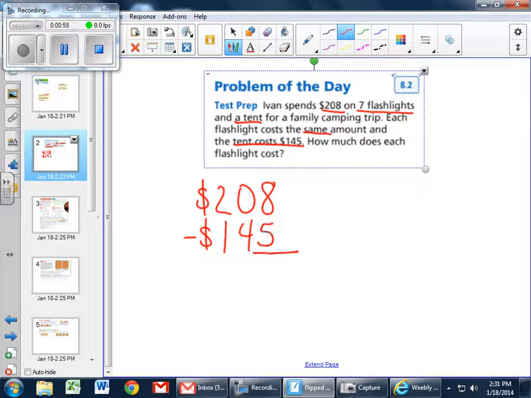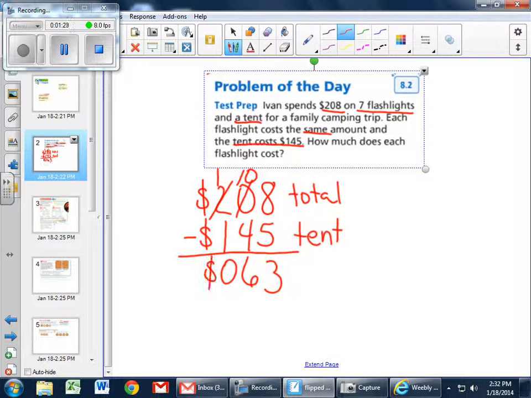So we're going to start there because we're trying to figure out how much the flashlight cost, and we don't have that number, but we do have the total amount we have, how much the tent costs. So we're going to start there. 8 minus 5 is 3. 0 minus 4 we can't do, so we need to go next door and borrow. That 2 turns into a 1. We add 10 to 0, we get 10. 10 minus 4 is 6. 1 minus 1 is 0, and don't forget our dollar sign. So we know that he spent $63